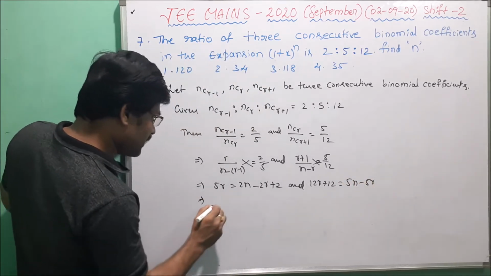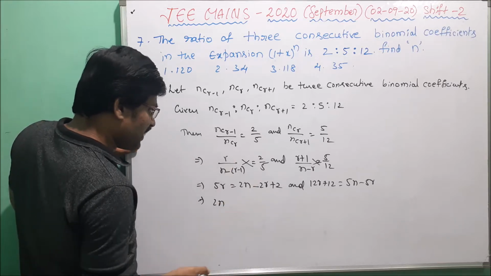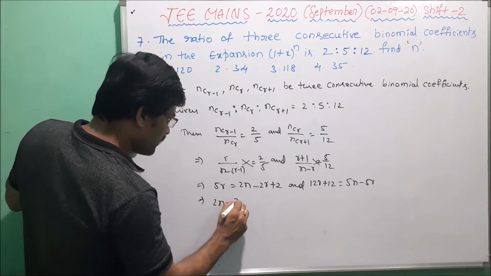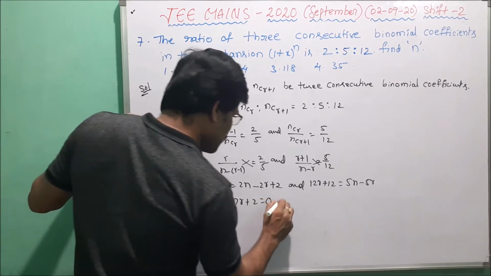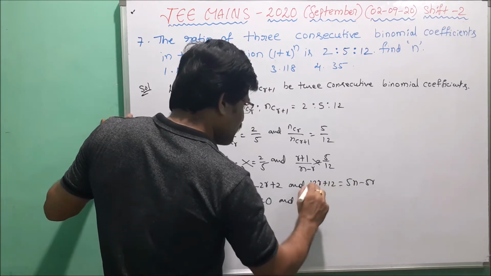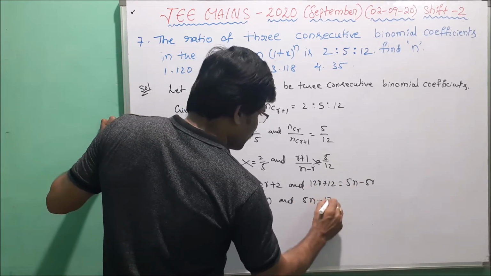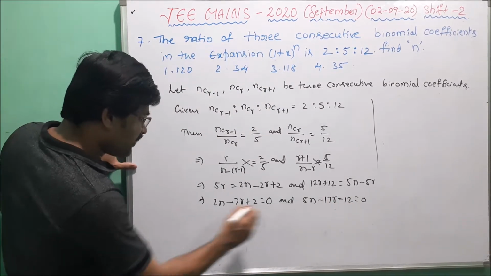Now it can be simplified. In this we write 2n, we take 5r to the right side, minus 2r minus 5r, that is minus 7r plus 2 equal to 0. And in this, 5n minus 5r minus 12r, that is minus 17r plus 12 equal to 0. Now solving these two equations,